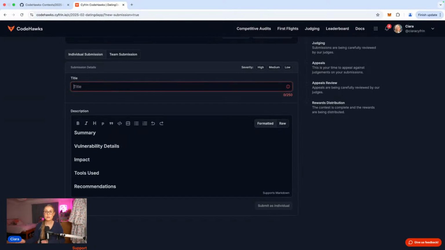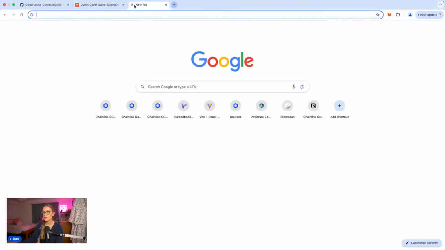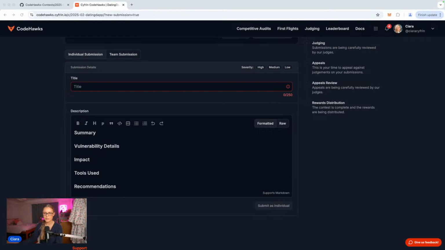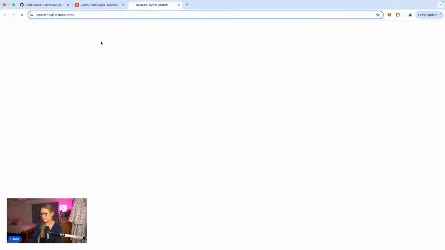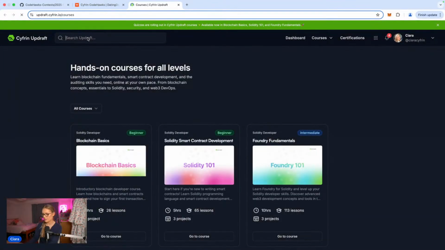And then we actually also have, in Updraft, a way to show how to write these audit findings as well. I'm just going to show you very quickly how you can easily find how to write these up. So you'd write a summary, vulnerability details, impact, tools used, and recommendations. I'm just getting Updraft to load because it's being a little bit slow this morning. Okay, so then in Updraft, I could search something like,